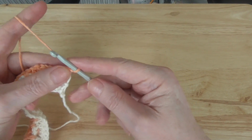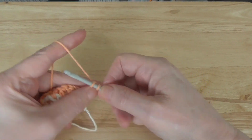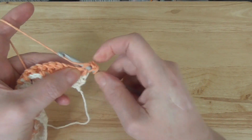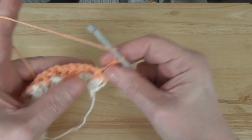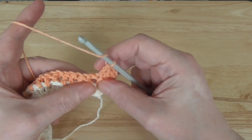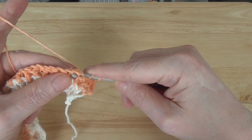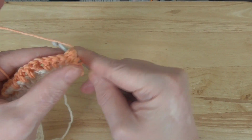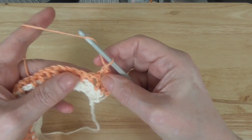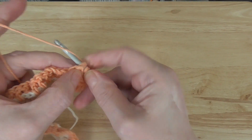So for the next row, a start stitch or just chain 3, and then work a treble into the next 2 stitches, and then you're going to go behind the first front post treble from the previous row and work a back post treble around the first one, and then go back in and work a back post treble around the next one,